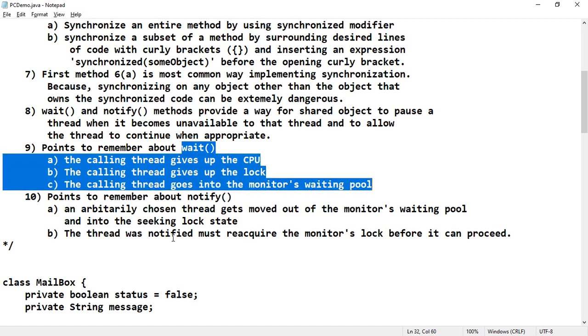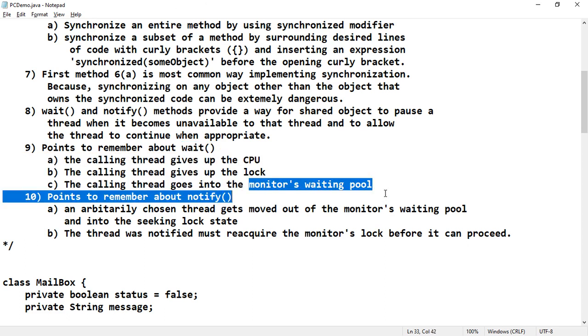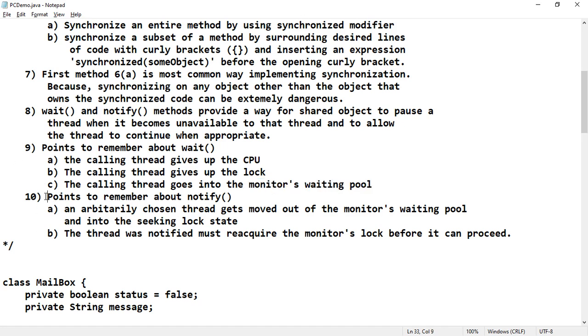So in the state transition diagram of the thread, you have seen there is a separate block of monitor states. A thread which is under wait will go into the monitor's waiting pool. When the monitor is available again, it will come back to the running state. The threads which are waiting for the monitor will come into the running state.